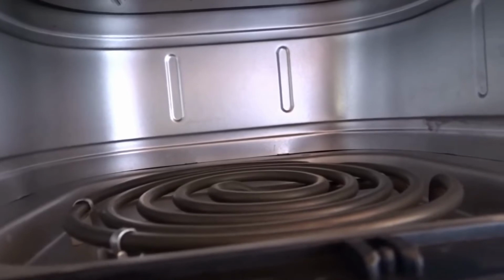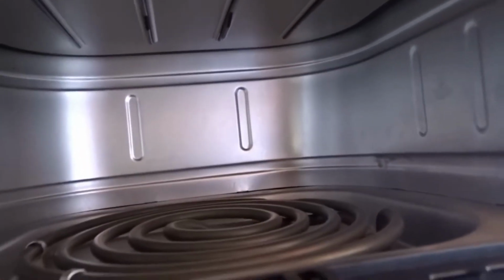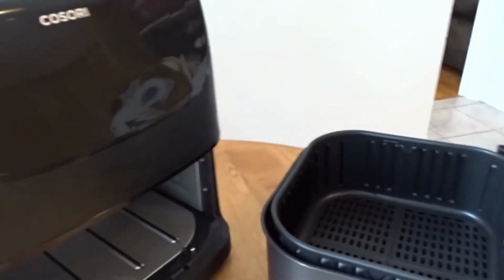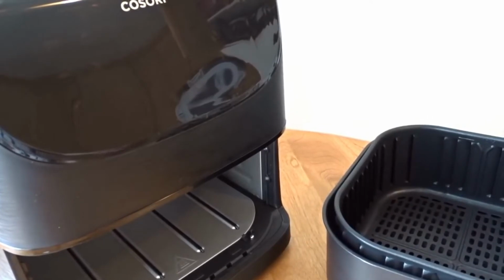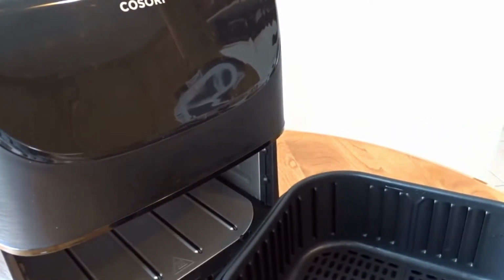Want to eat healthy or give the gift of healthier eating? Give the gift of 85% less oil, with your favorite deep-fried foods without the oil. Enjoy the same delicious crisp texture and taste as traditional fried food. Cook your meal in less time than it would take in a conventional